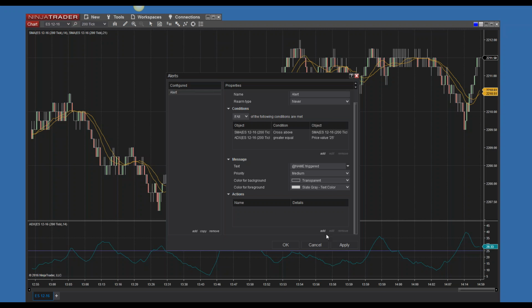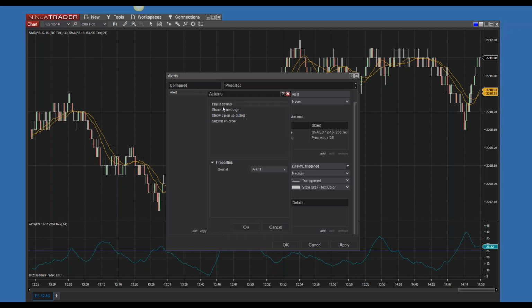And I can actually set up some actions which are interesting. So I can play a sound to alert me, let's say if I'm in the other room, share a message, show a pop-up dialog, or what's very interesting is submitting an order. So you can actually set up some basic strategies without even having to have programming capability. You can set up this condition, set it up to submit an order on one of our accounts, and have that alert run, and as soon as that alert triggers, it's going to submit an order,